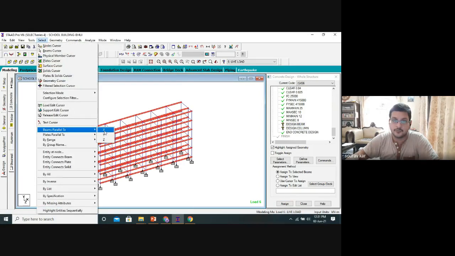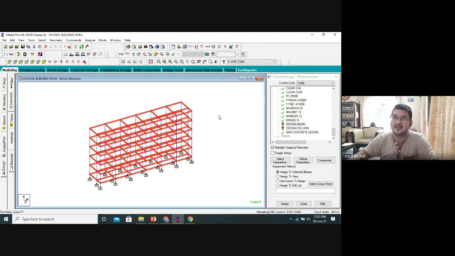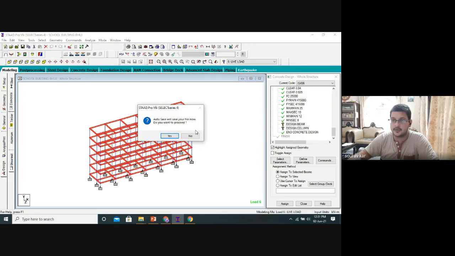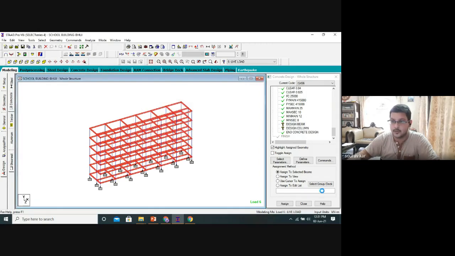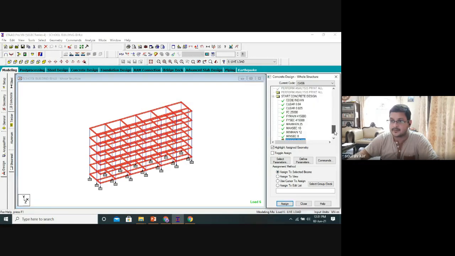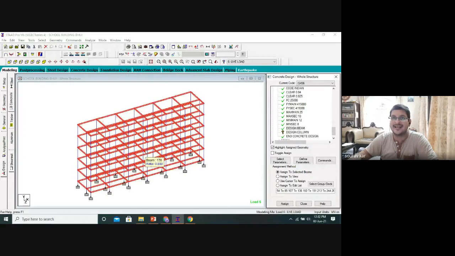I have to make STAAD understand that all the beams parallel to X and beams parallel to Z are actually the beams, meaning flexural design for beams. So assign to selected beams, assign, yes. All these members parallel to X and Z direction will undergo beam design.